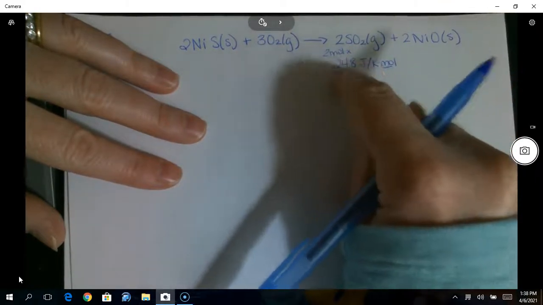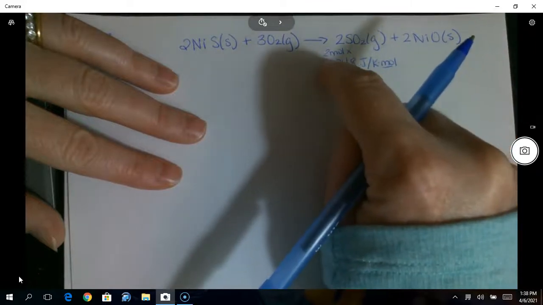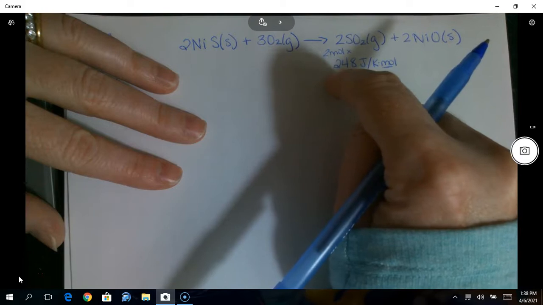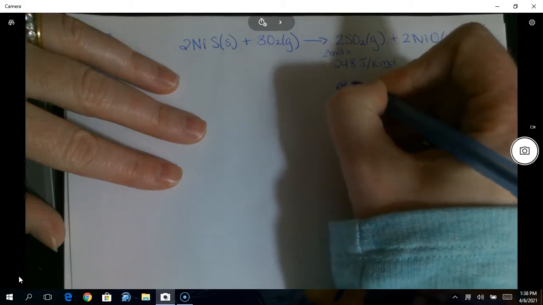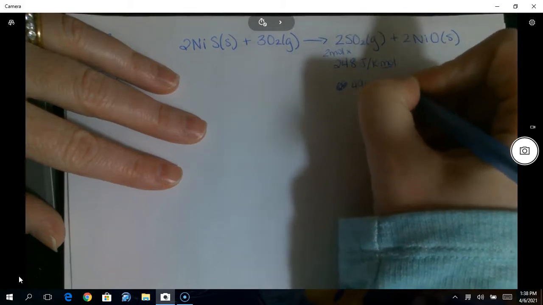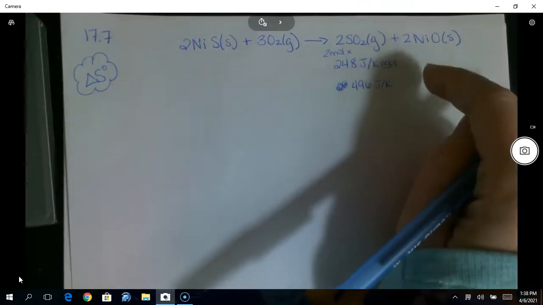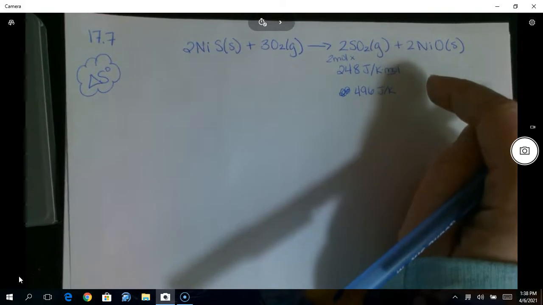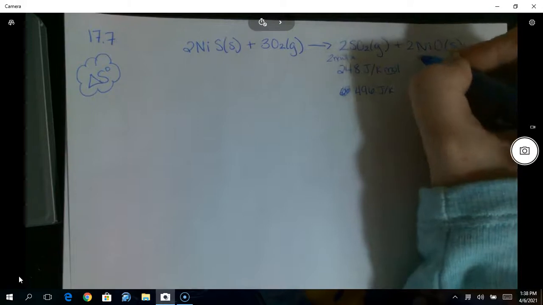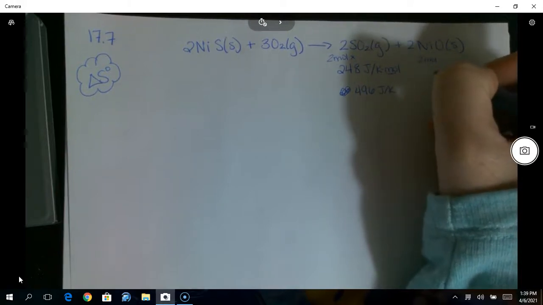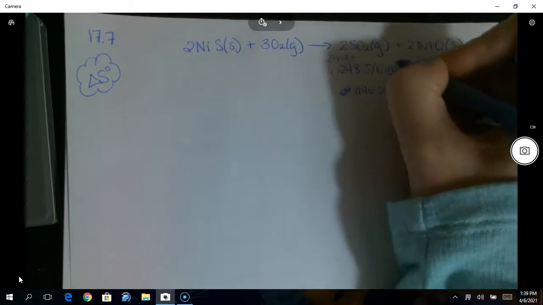times, because I have the 2 here, this. And then my moles will cancel, and 2 times 248 is going to be 496. Oh, that's not a 4. 496 joules per Kelvin. So that gets us to our absolute, because there are no moles there. And you do that for each substance, right? So if I look at nickel, for example, I've got 2 moles of nickel oxide. Apologies. So nickel oxide is 38, so multiplying,